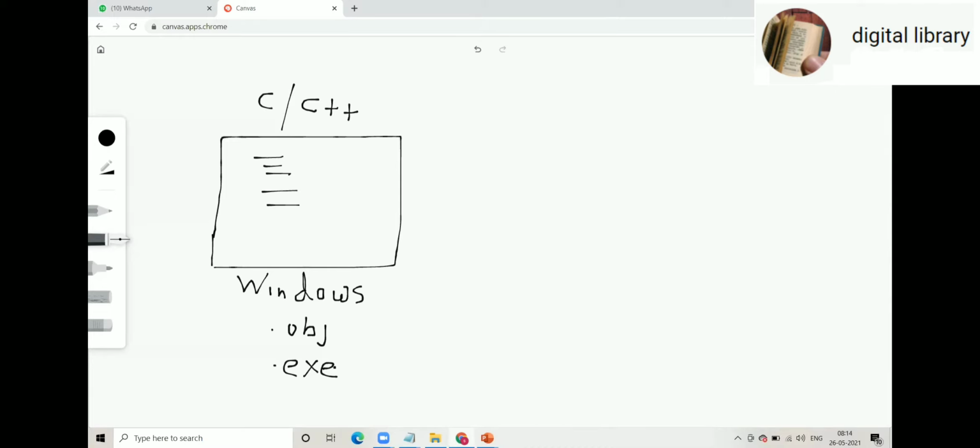So suppose we write C, C++ code on the Windows platform. In order to look at the output, or to execute that program, we compile it. So we get .obj, and after some time we get a .exe file and we execute that program. Now the same program I want to run on a different platform. Let's say that platform is Linux.